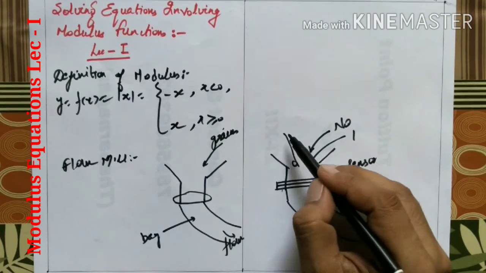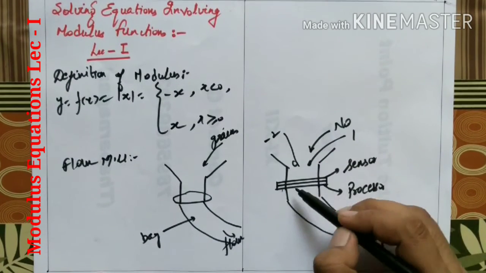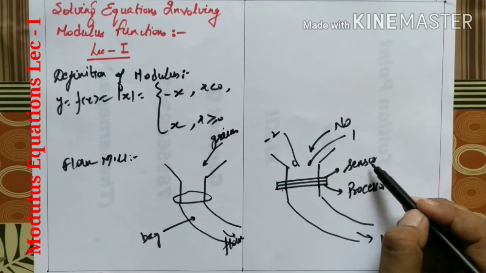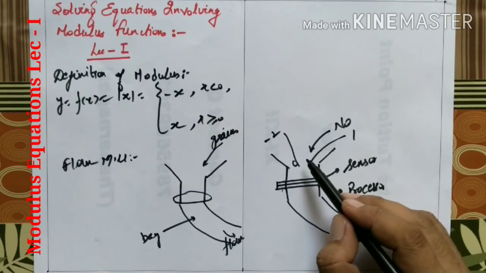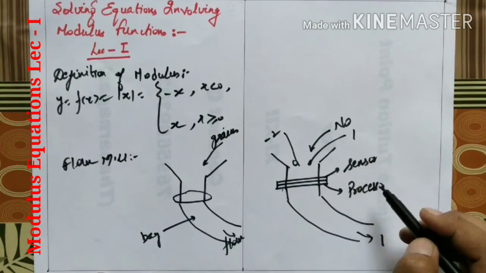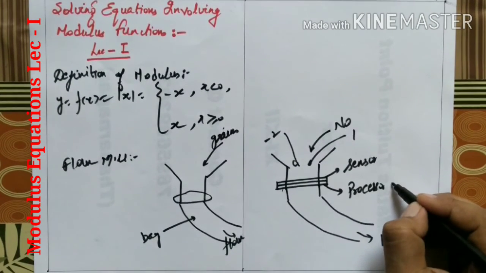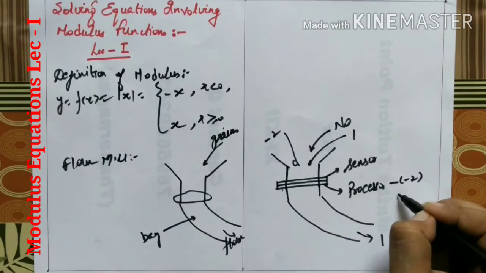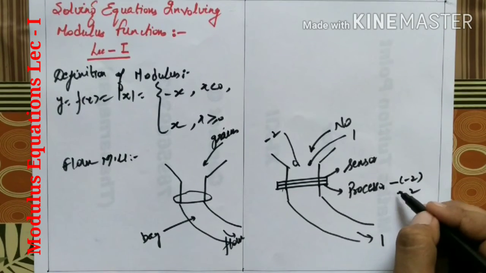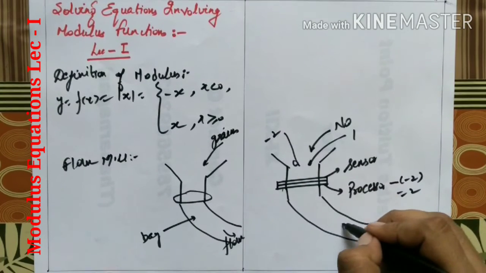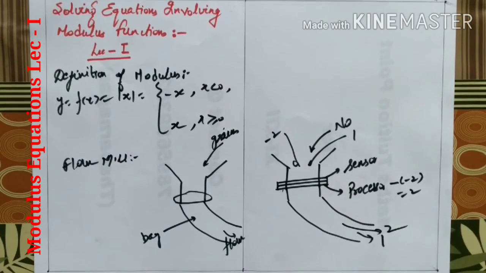Suppose there is another number, minus 2. It enters between these two vertical lines. The sensor gets activated. The sensor asks the sign of the number. The answer comes out to be negative. Then the processor gets activated, and it will convert the sign of this number. It will multiply this number with the minus sign, minus of minus 2, and make it positive. And as soon as the number becomes positive, the exit gate will open and the number will be emitted in the positive form. So basically the output of the modulus is always a positive number. The input may be negative or positive, but the output has to be always a positive number. So that is the basic.